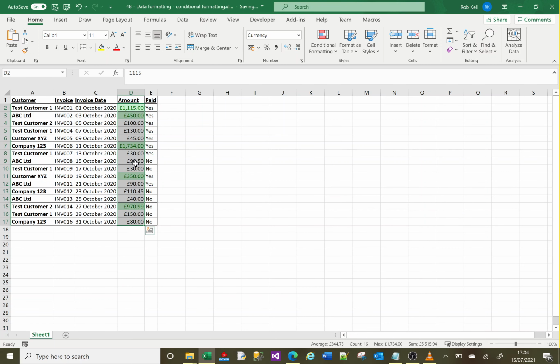But if I were to change figures here, the average is going to differ, and so the highlight should change as well. If I change this value to 1000, say, this has now gone green, and this 350 is now no longer green because it isn't above average. So if we go back here and change that back to what it was, I can highlight the same cells here, and I can say